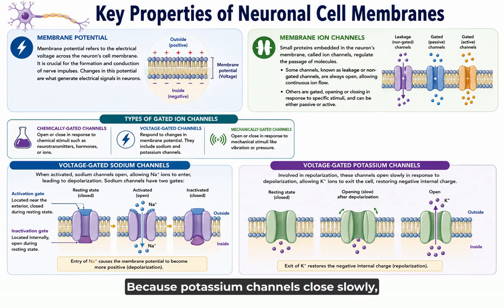Because potassium channels close slowly, potassium continues leaving the cell for a short time after the resting membrane potential has been reached. This causes a temporary hyperpolarization in which the membrane becomes slightly more negative than its normal resting value. The potassium channels eventually close, and the sodium-potassium pump, together with the leakage channels, restores and maintains the normal ion